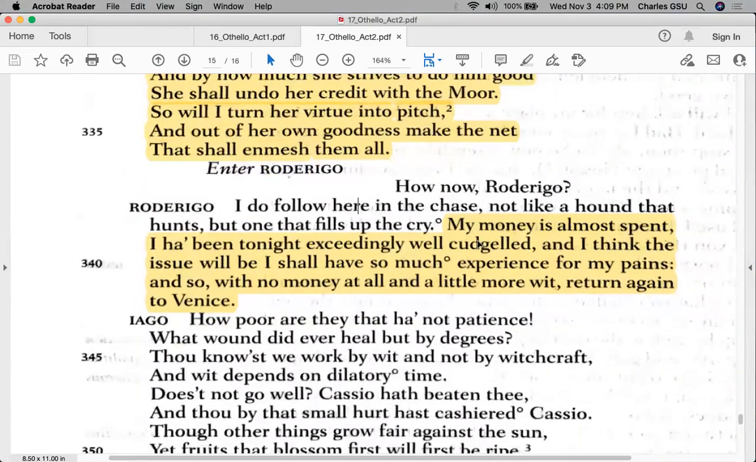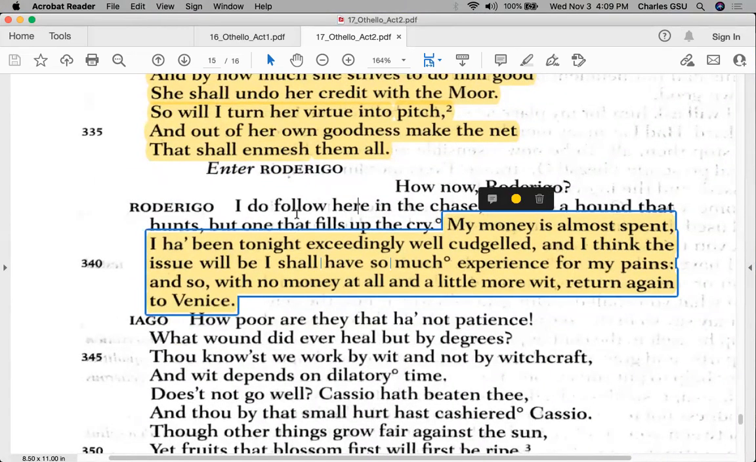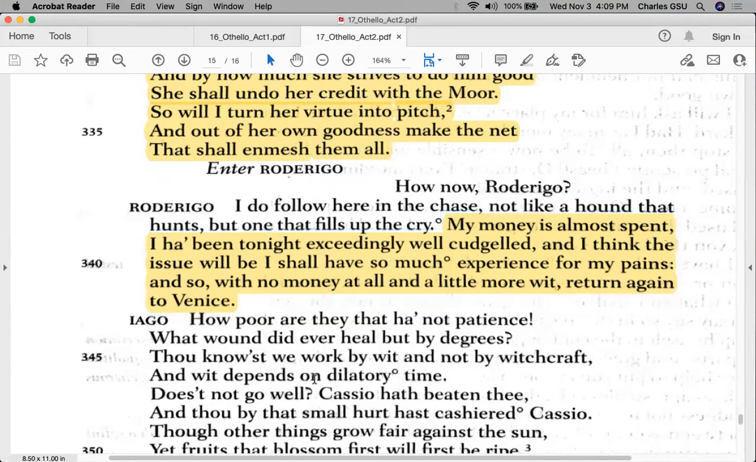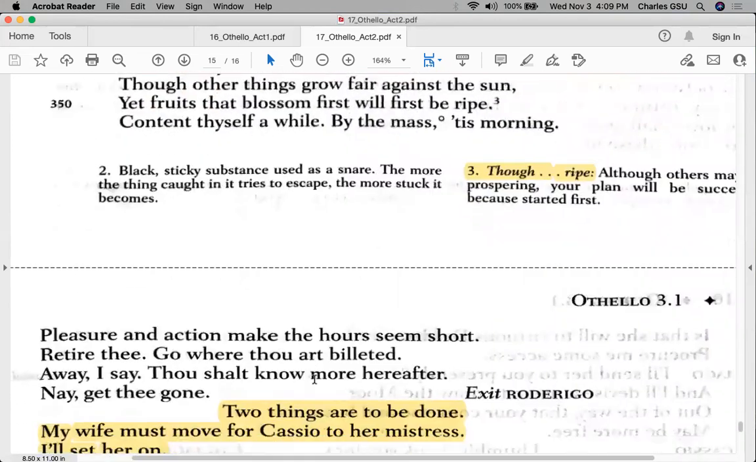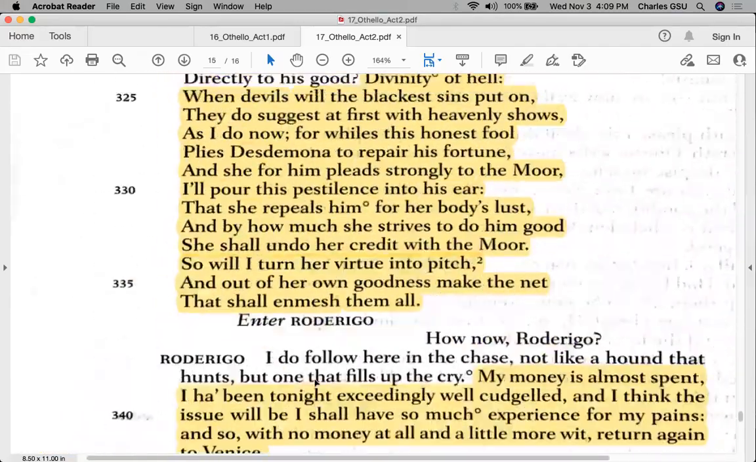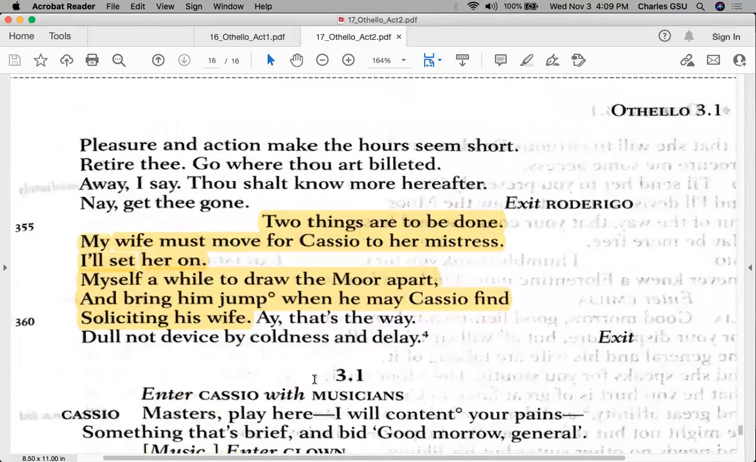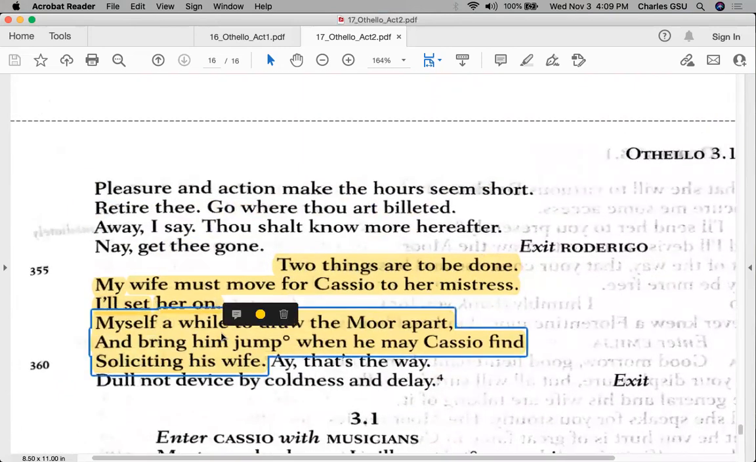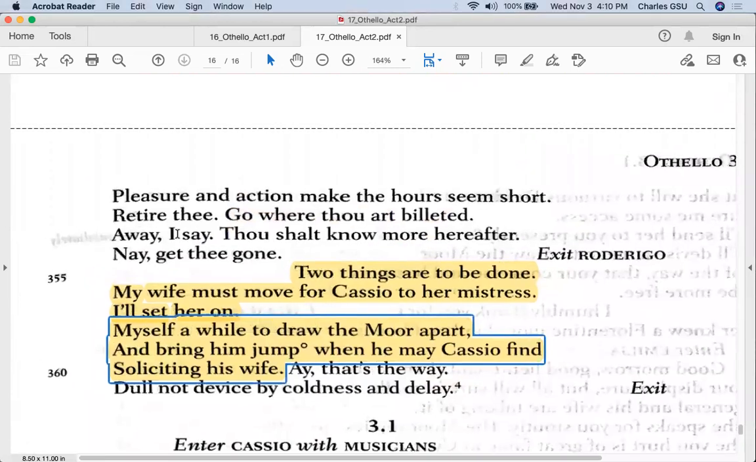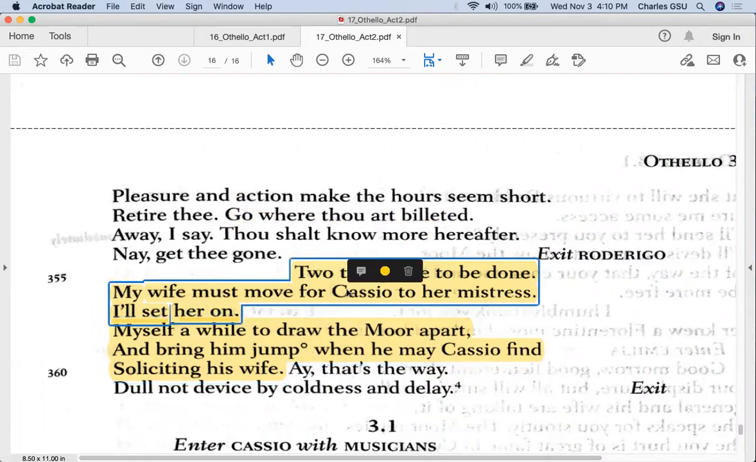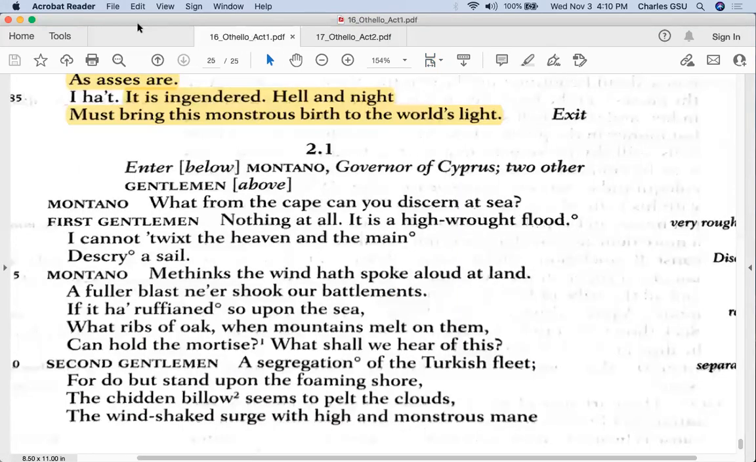Roderigo appears, and again, "my money is almost spent," because of course, he's been giving it to Iago, but seen nothing for it. So this act ends here with Iago saying that he's going to continue to move on Cassio to make it look as though Cassio is having an affair with Desdemona, but in fact, that's not true. So, all right, that's a long video lecture on Acts 1 and 2,